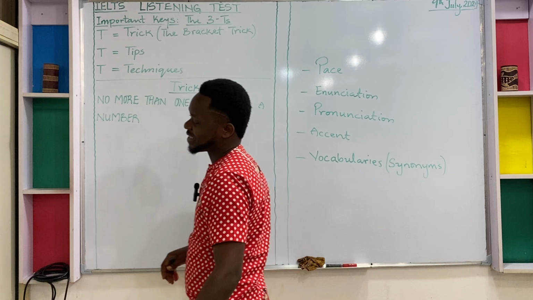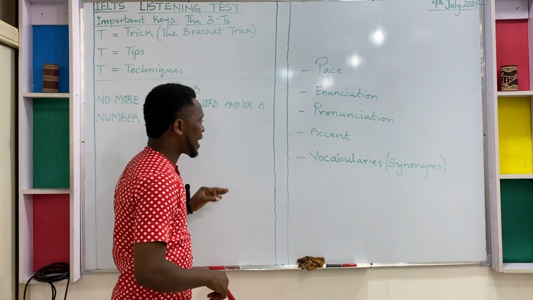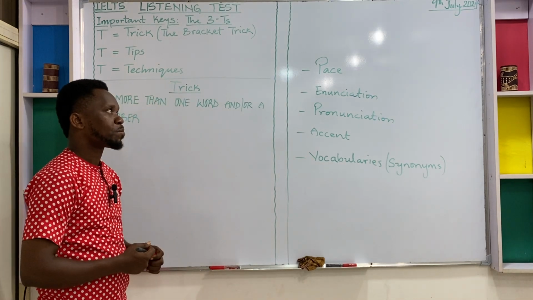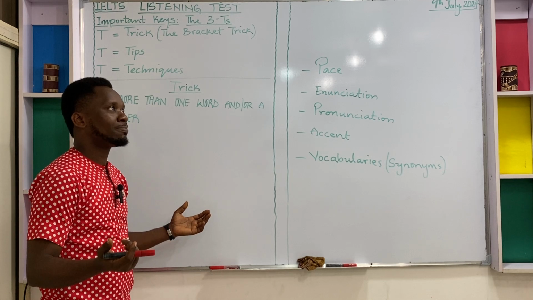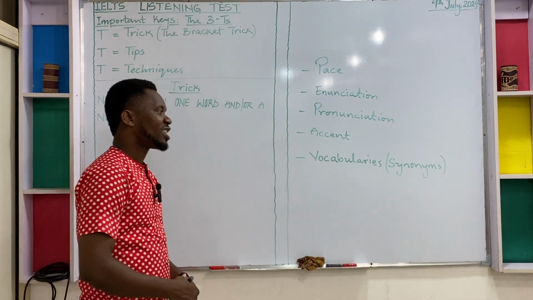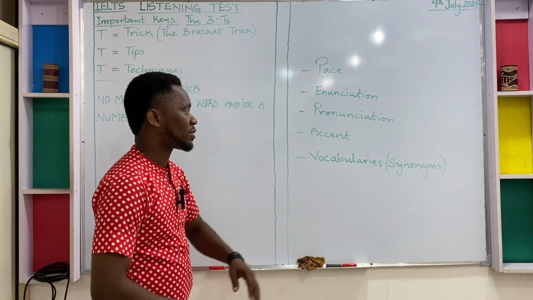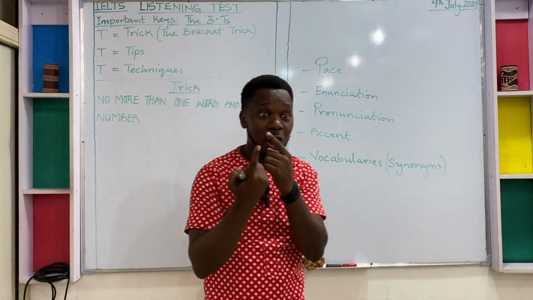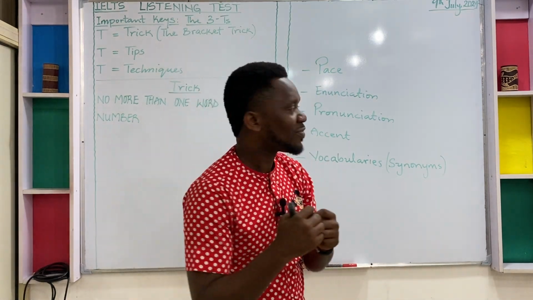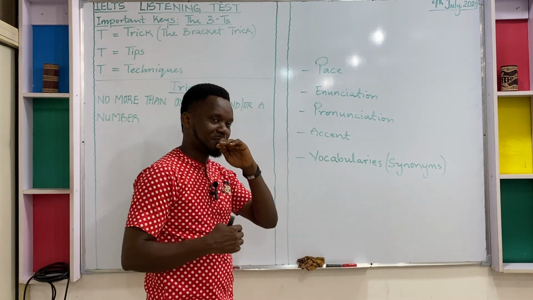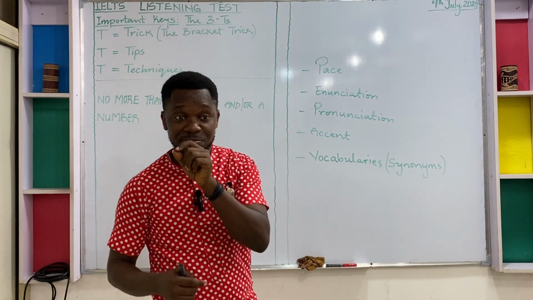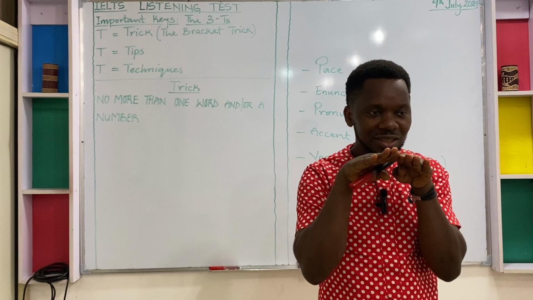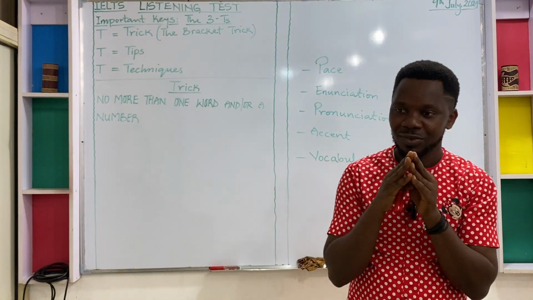Pace. Let's take for instance, a country such as Nigeria or India, or maybe Togo, where they have their natural language, they have their pace, their speaking pace. This means how fast or how sluggish they speak. So if their pace is very moderate, native English speakers speak at a very fast pace. Are you aware? They don't speak sluggishly. It's not their thing. So because you are not used